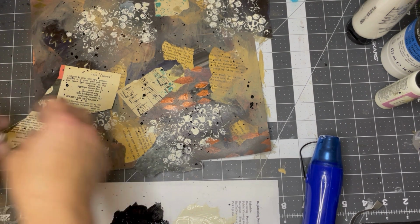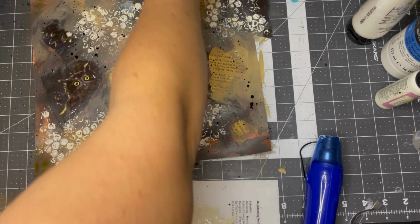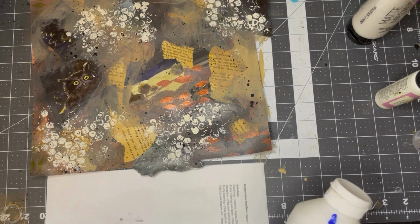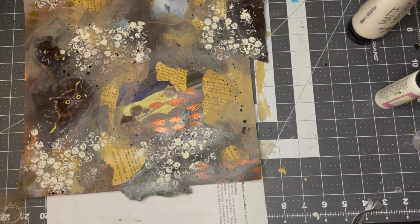Okay, now we can take our little pieces off and we're going to dry it one more time. Once your dots have dried, it's kind of up to how much more you want to add. You could just go with this, or if you want to add ink,